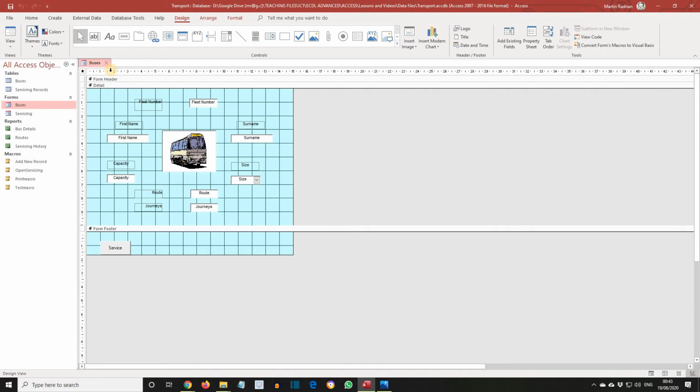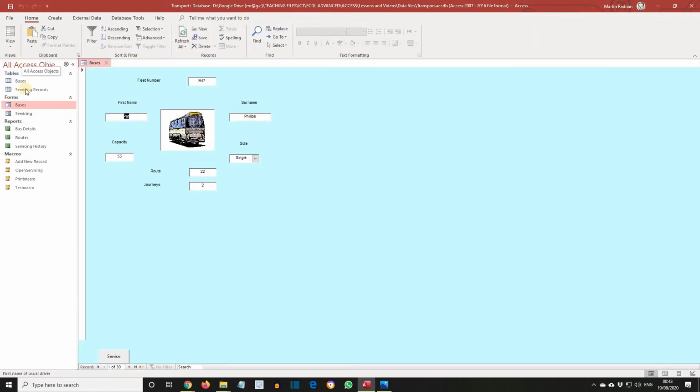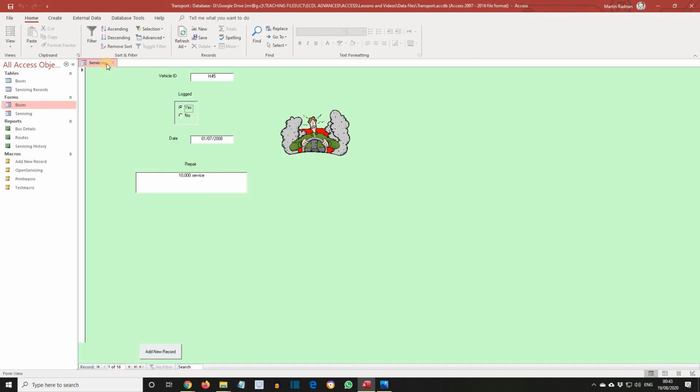If we now switch to Form View, let's navigate through a few records and then close the form. The Open Servicing macro runs and the servicing form opens in maximized format. Close the servicing form